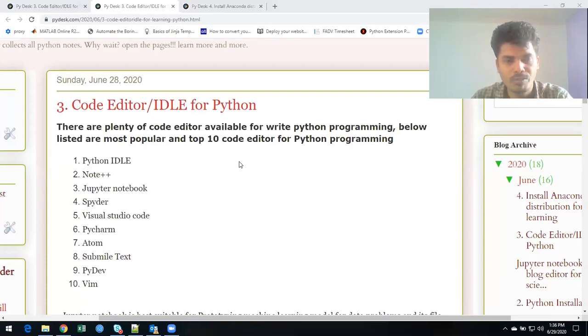So in previous videos, we have seen the introduction of Python and how to install Python in your operating system. Now we are going to discuss which code editor we are going to use to learn Python, and also which code editor is best suited for what kind of development. Like if we are going for machine learning, data analytics or visualization, which code editor is suitable for that, and which is suitable for web development, full stack development or any other software development in Python, right? We are going to discuss that, and then we will move on to learn